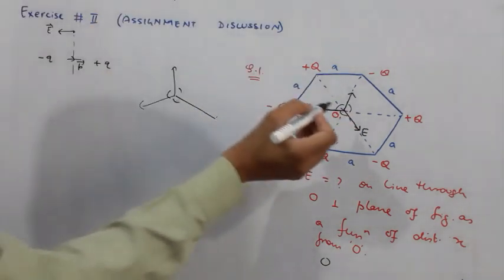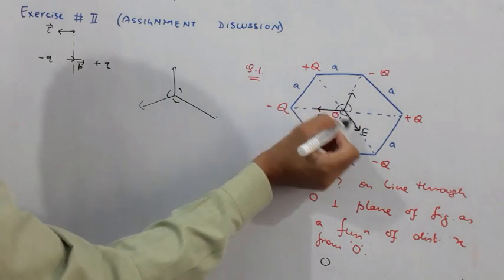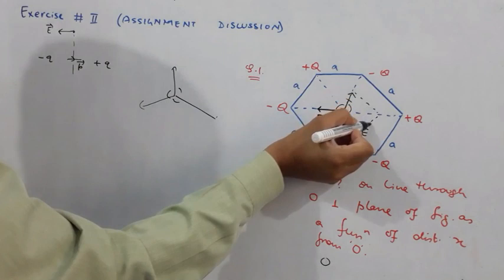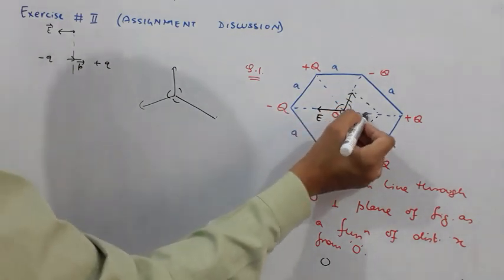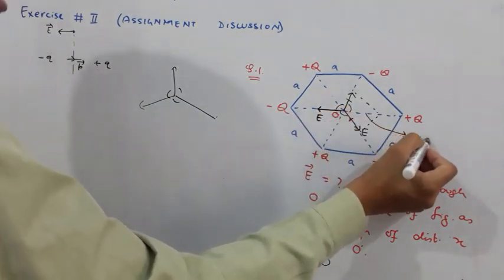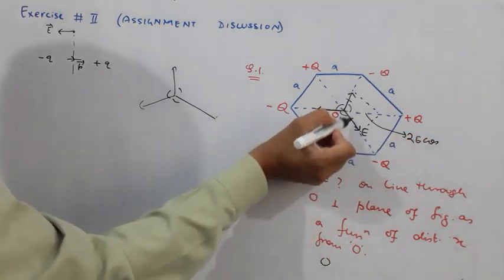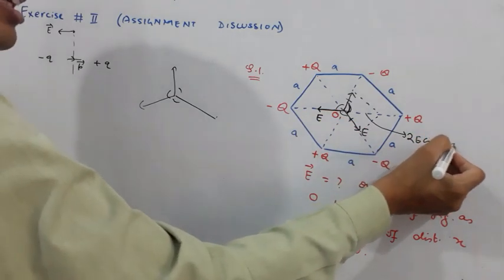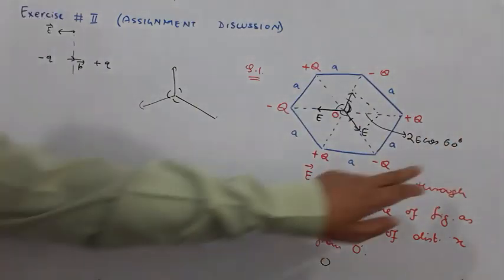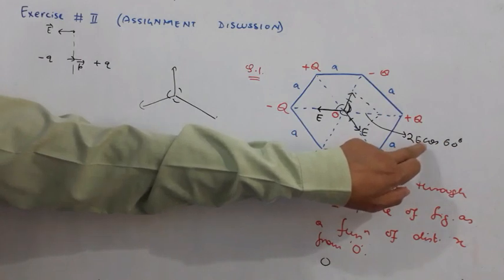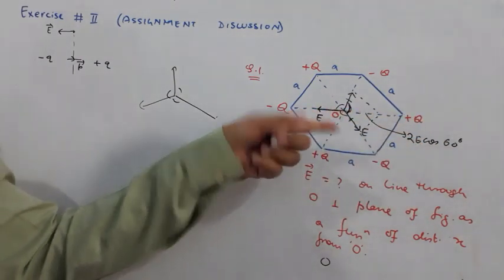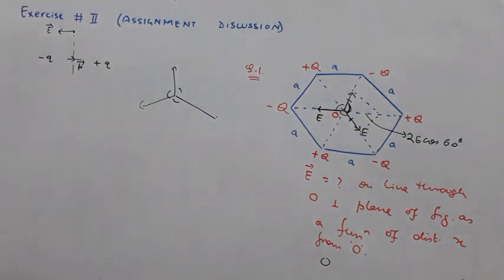You can also see that if you find the resultant of these 2 vectors first, this one and this one, complete the parallelogram. So this magnitude will be how much? It will be twice E times cos of half the angle between them. This angle is 120 degrees. The half of 120 is 60. Cos 60 is half. Half and 2 will cancel. It becomes E in that direction. And already there is E in this direction. So they cancel and the resultant is 0. So that was a simple question.